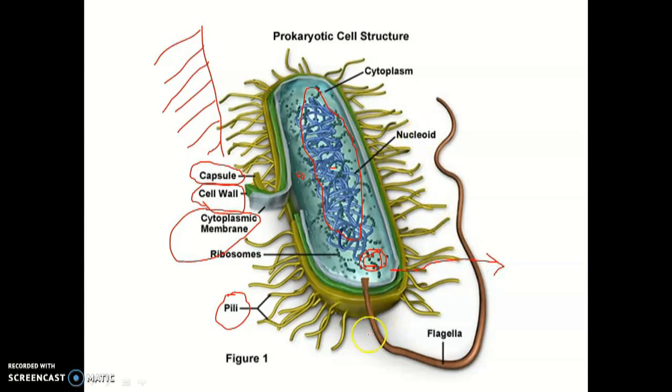Next one, we will encounter flagella. The flagella are again hair-like projections, and these are the locomotory organs, which are used as propellers. Actually, these are rotated either clockwise or anti-clockwise to move the cell in the environment. So with the help of flagella, the bacterial cell can swim in the environment. So it is about the structure of prokaryotic cell.